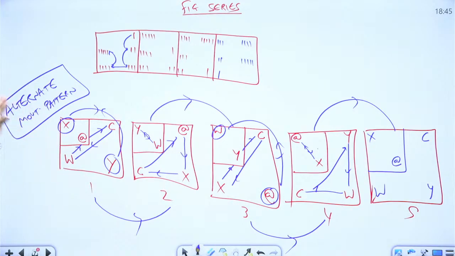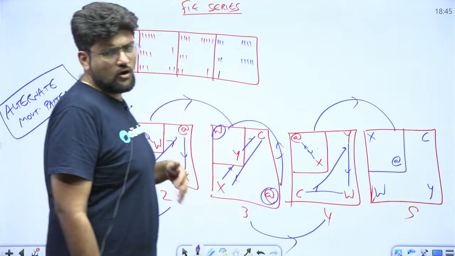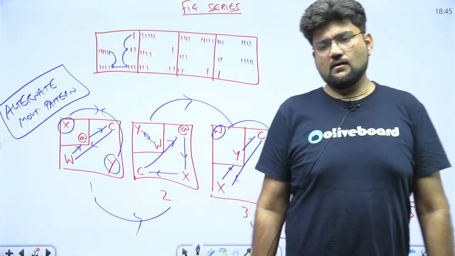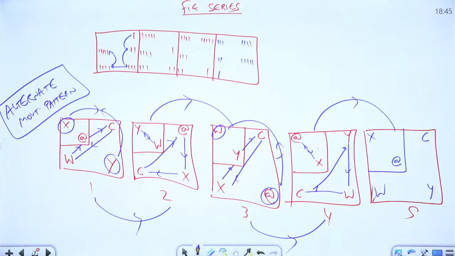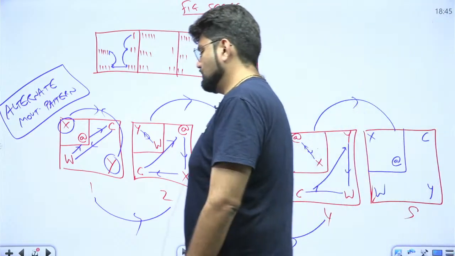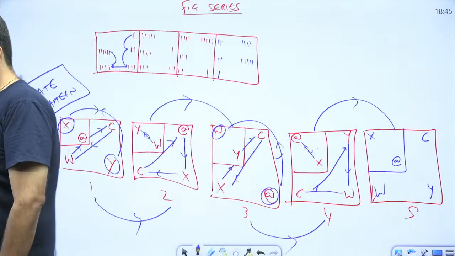If you understand this logic, this pattern, this alternate moving pattern, you will not face a lot of difficulty. Okay, try to break down the movement pattern into two different parts which are moving and you will get your answers. All right, so that is figure series for you. We'll proceed to the next concept now,